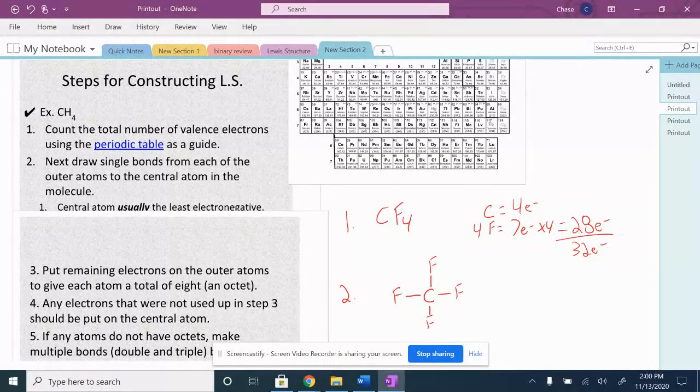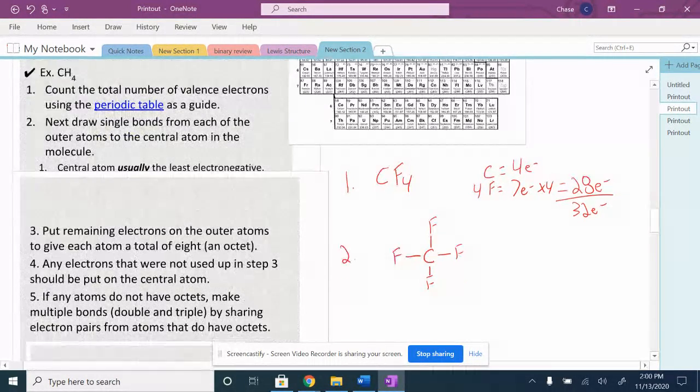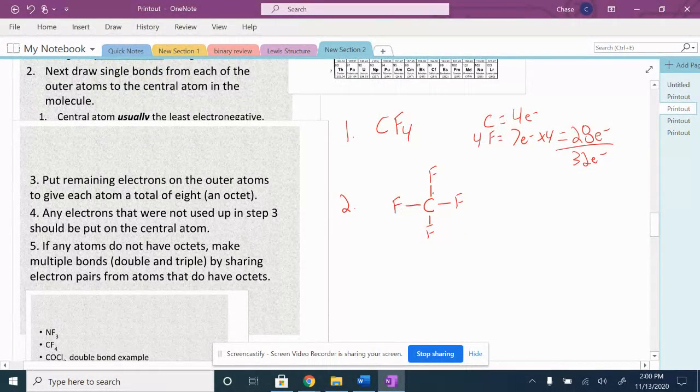And so I'm going to keep a running tally of how many electrons I've used. So as I go, I have 1, 2, 3, 4 lines. So that means I've used 8 electrons. So I have 24 electrons left. And again, those 8 electrons, if you kind of want to visualize it, there's 2 dots in each one of these lines. Okay, so that's what's happening there. I'll get rid of that.